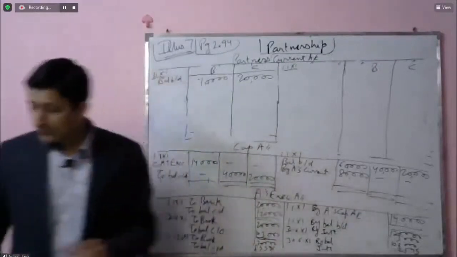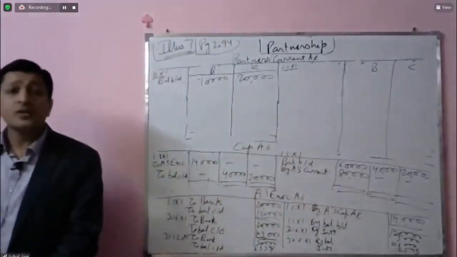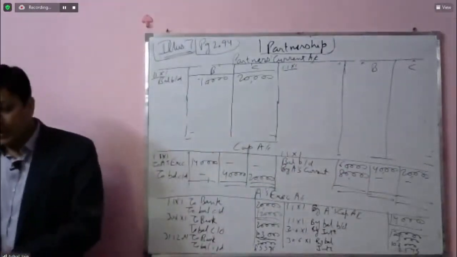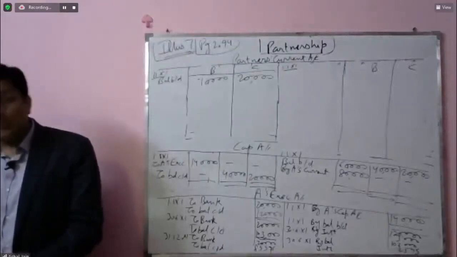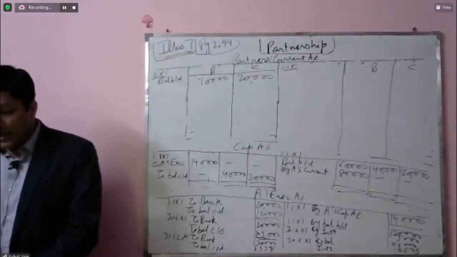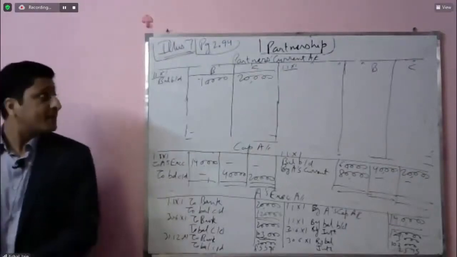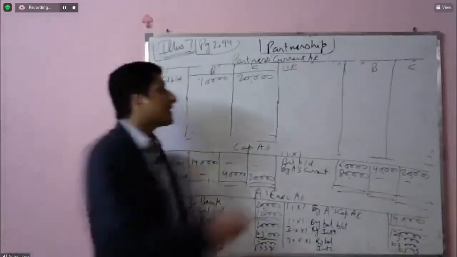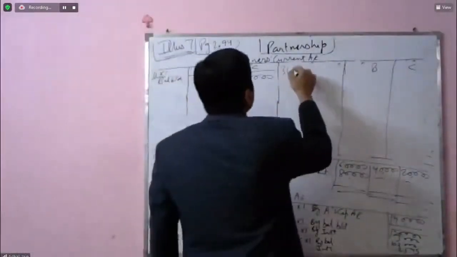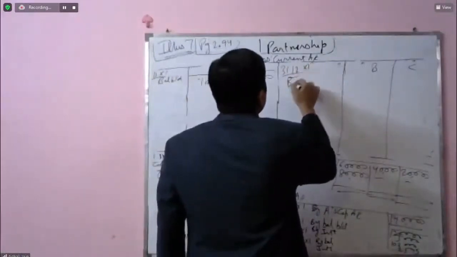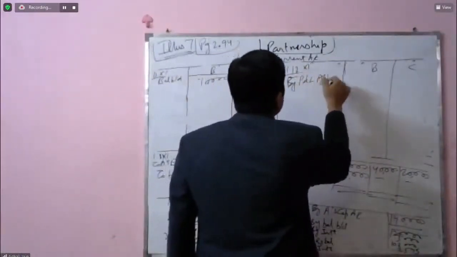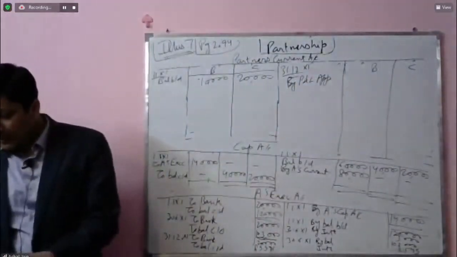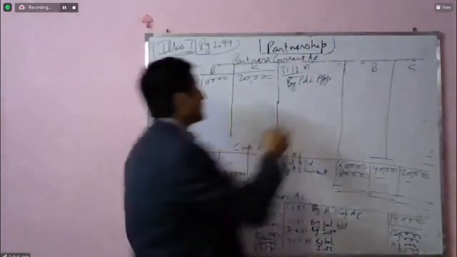Correct? Now from 32,000 we will reduce 5,575. So what do we get? 26,425. So this will be allocated to whom? B and C. So during the year ended 31st December X1, is there any other transaction? No. So on 31st of December X1, by P&L appropriation, what do they get? What do they get? 26,425